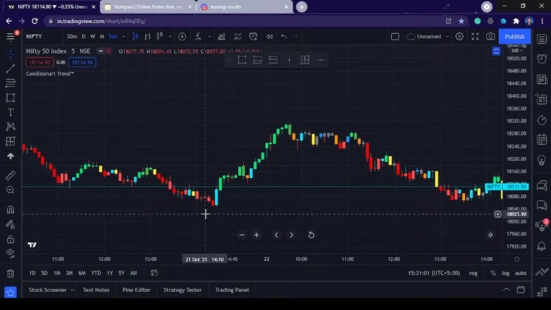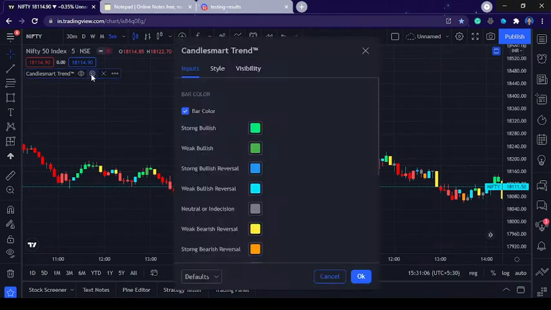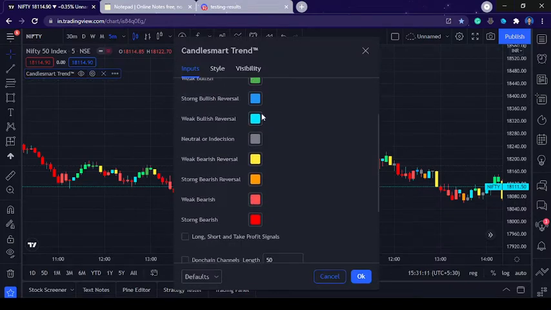That's the basic thing. See, this yellow, blue, orange, light blue are the reversal patterns. Keep those things in mind: blue, light blue, yellow, orange. The nature of strong and weak we are not going to see now. Once we enter the strategy, we may need to know that strong reversal patterns have their own importance, so I will explain when we enter the strategy. For now, just keep in mind that these four are the reversal patterns.